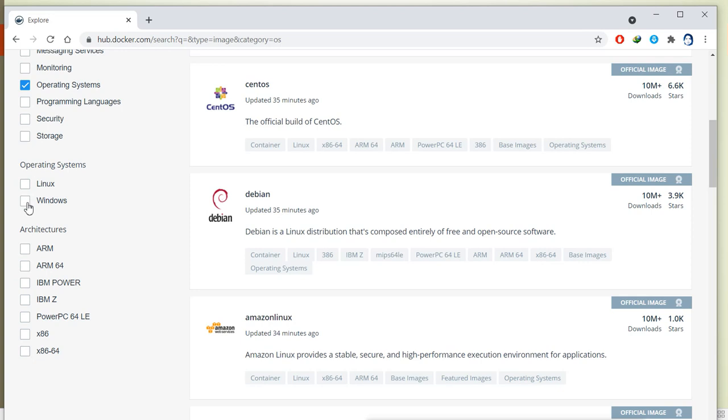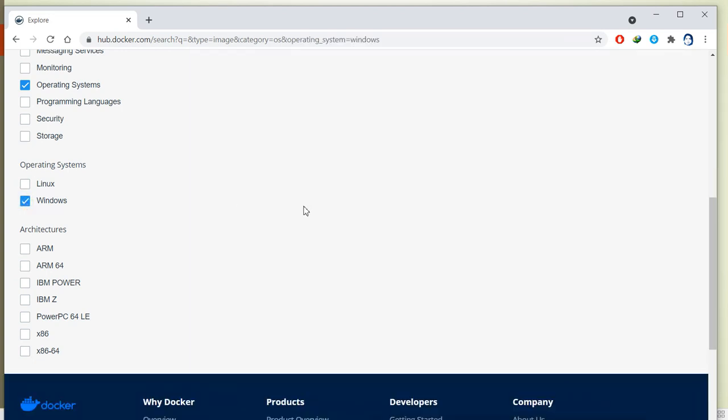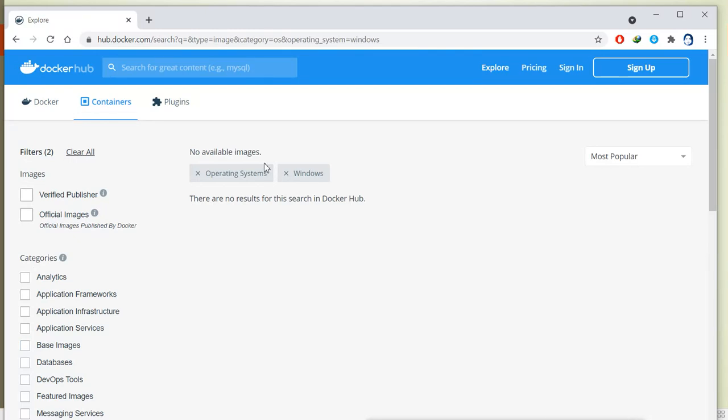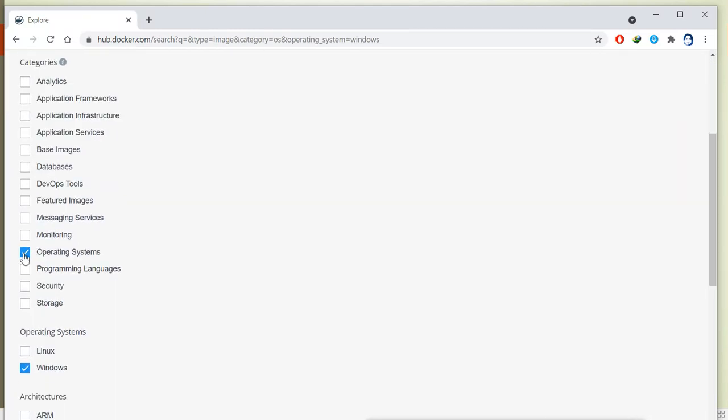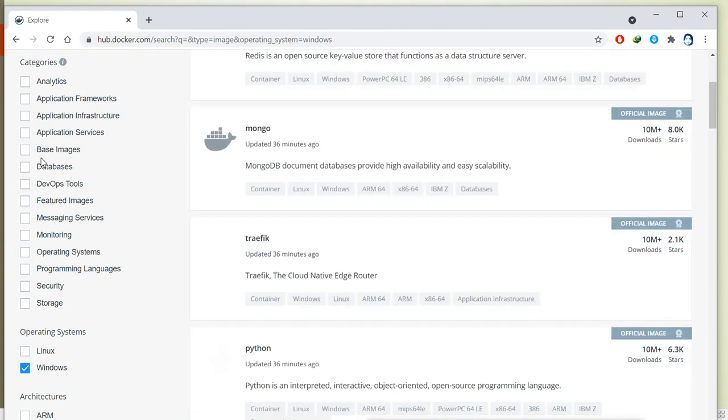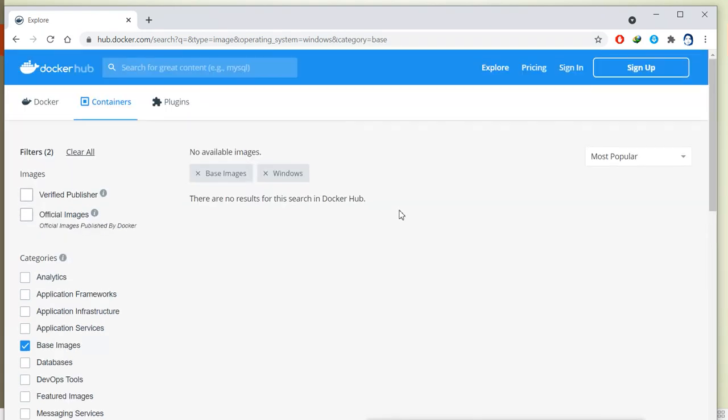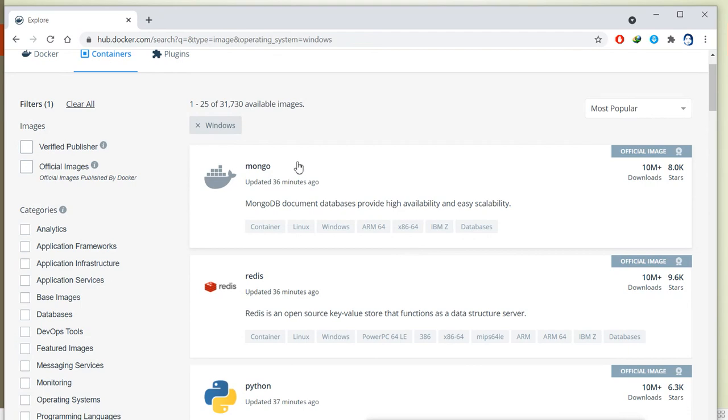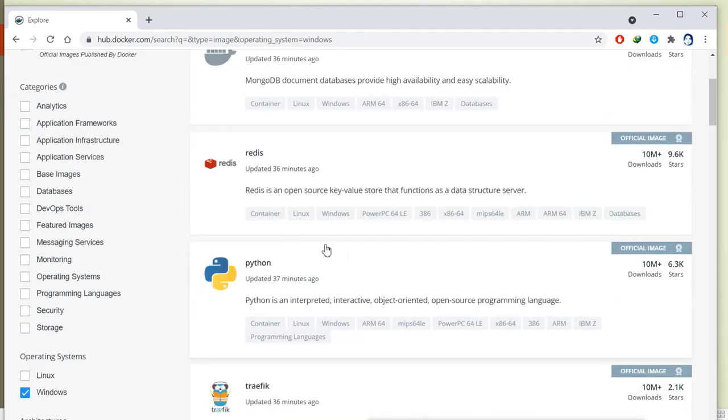Then we have the option to see operating systems of Linux or Windows. So if I want to see only Windows, I will click on it. Now it will show me only Windows. Windows base images. No result. Okay.